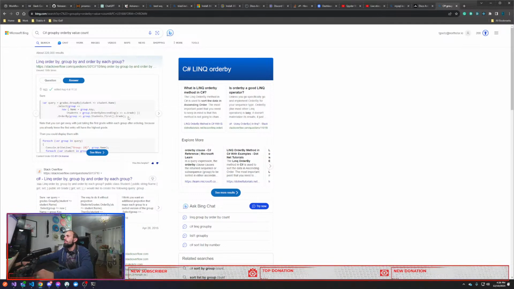Oh, that's dumb. Okay, so basically it says get the group by, which returns back to me a list of keys. And then I want to go get